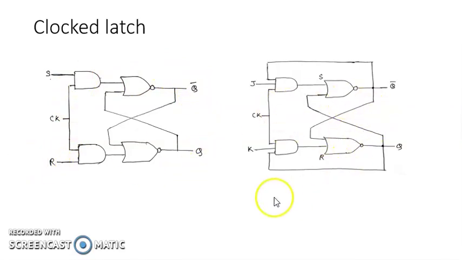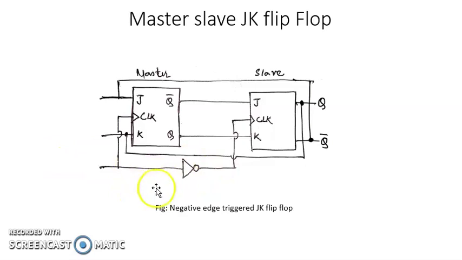Similarly, this is a clocked JK latch. I will not go into the detail of this, and it is left to the students to implement them in CMOS form. Finally, the circuit shown here is a master-slave configuration of a JK edge-triggered flip-flop. Here the master stage is activated by a clock, and the slave stage is activated by an inversion of the clock signal, the clock bar. The arrow here indicates that the device is an edge-triggered flip-flop.